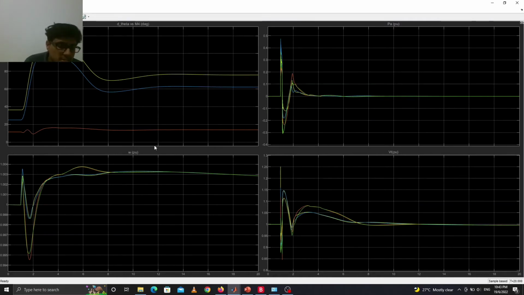So next is the rotor speed versus time graph over here. As we can see, the speed waveform becomes unstable at the starting position, indicating that the speed is decreasing with respect to the time